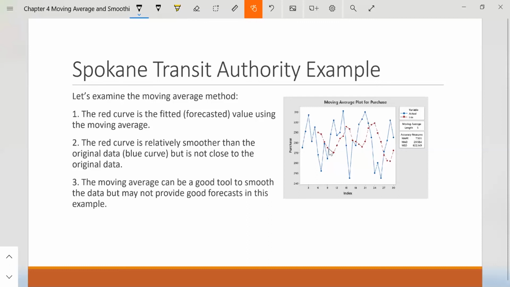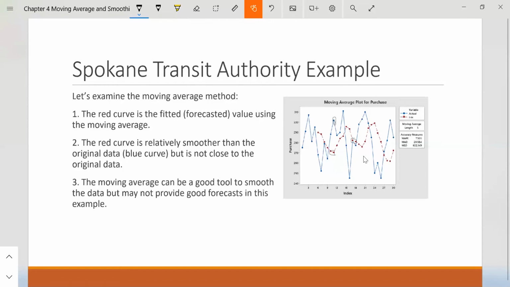The other thing we would observe is that actually the forecast is not close to the original observation. Take this for example, right? Right here is the forecast and the actual value is as high as 300. So there's a big gap between the two. Some of them are kind of smaller. For this observation, the forecast is almost the same as the original data, but some of them are really different. So that just tells us moving average, at least for this example, does not do a good job doing the